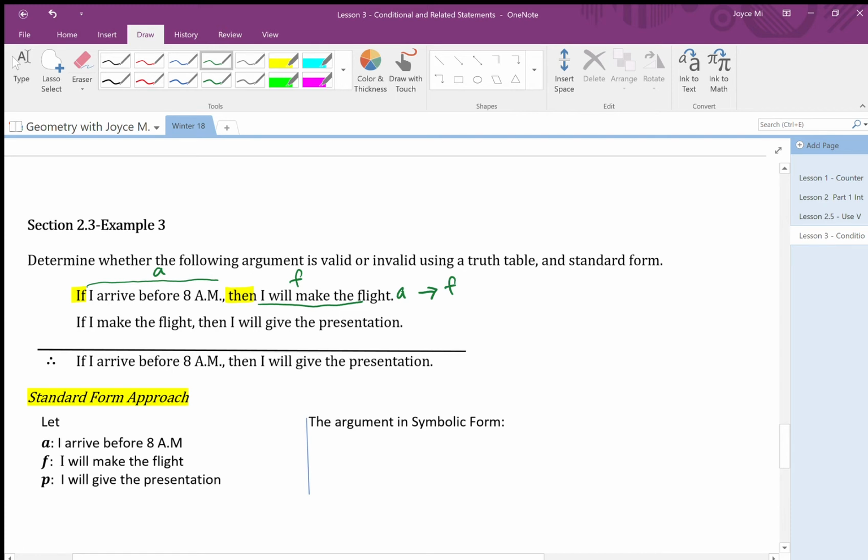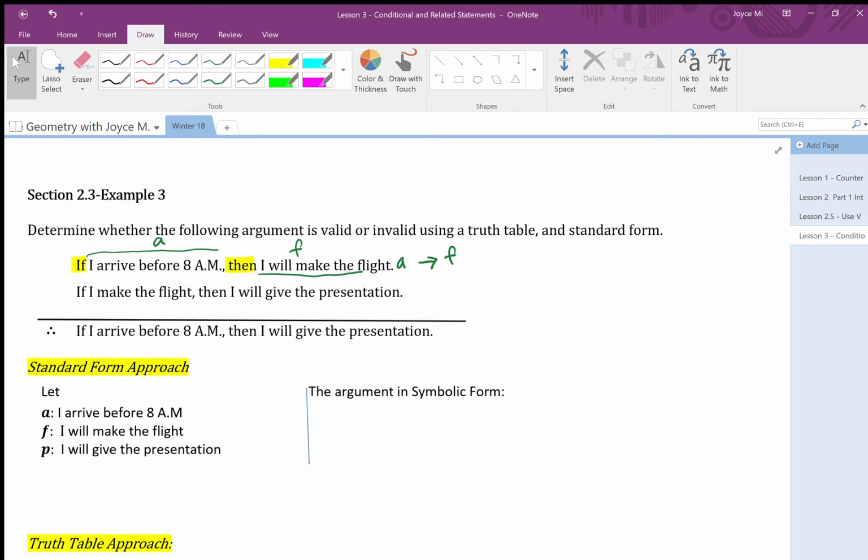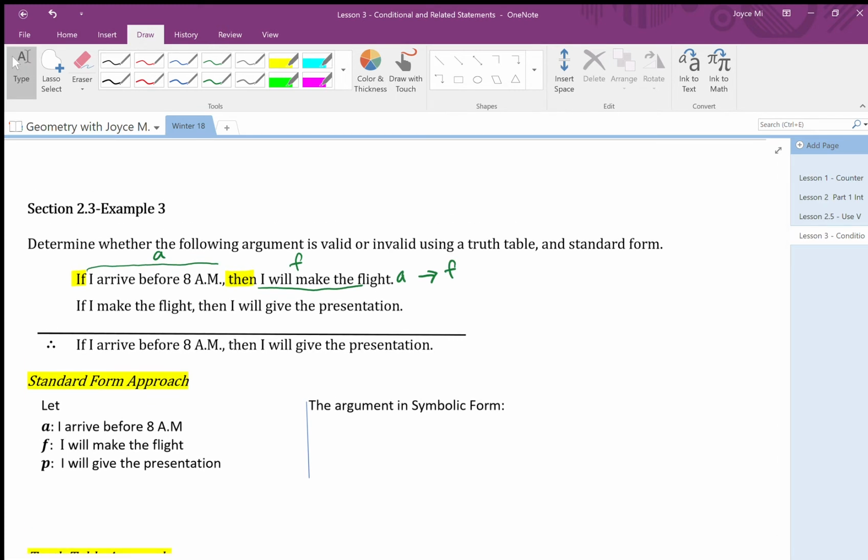So the first one of my argument here, my first piece of, think of it as your evidence that you're going to use to make a conclusion. So first piece of premise, I have A implies F. That's the first line. Second one,